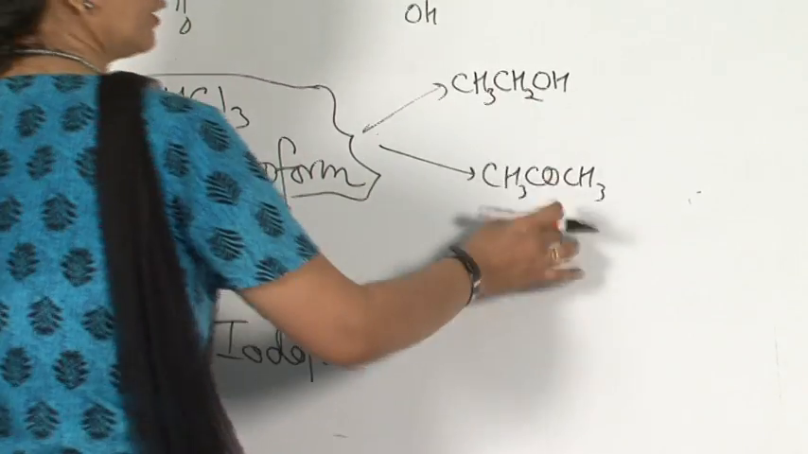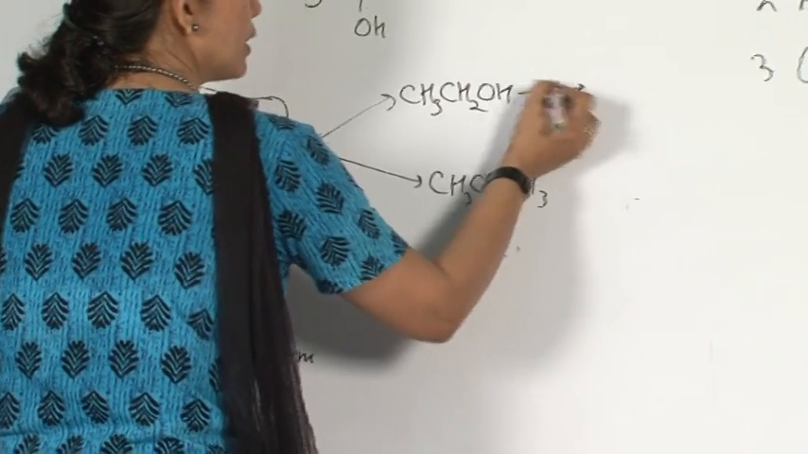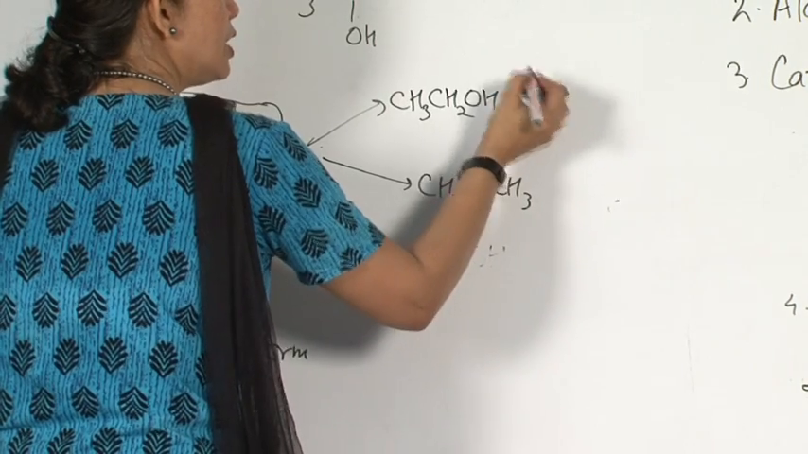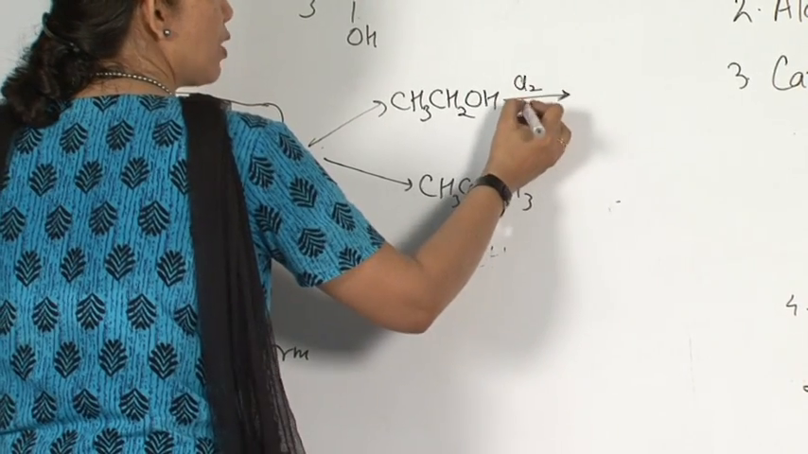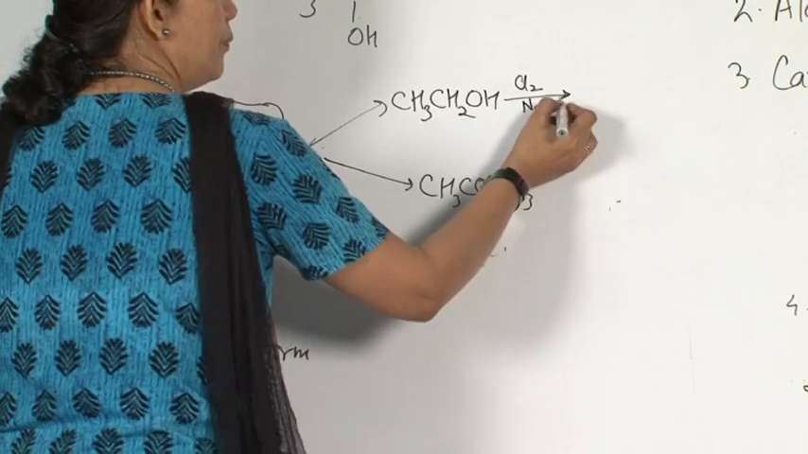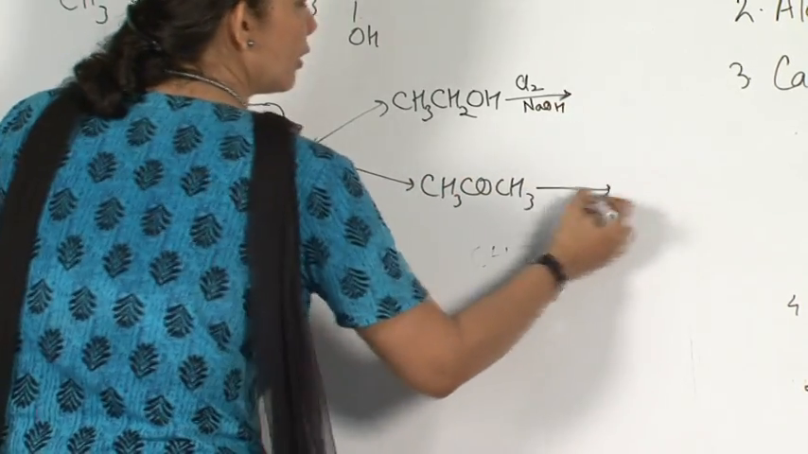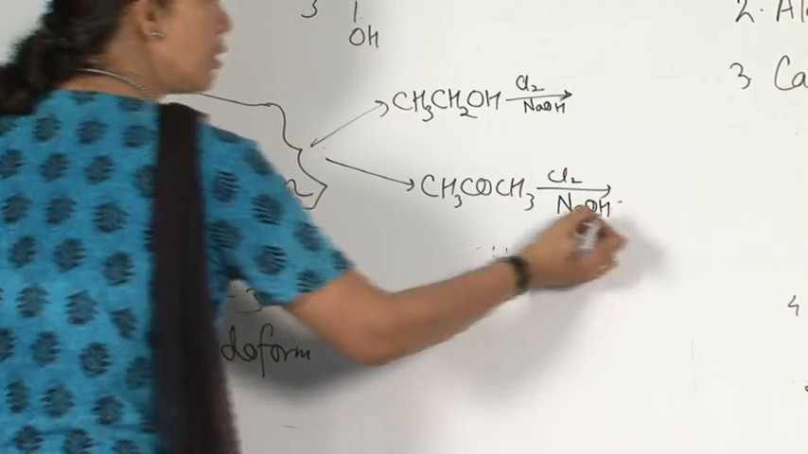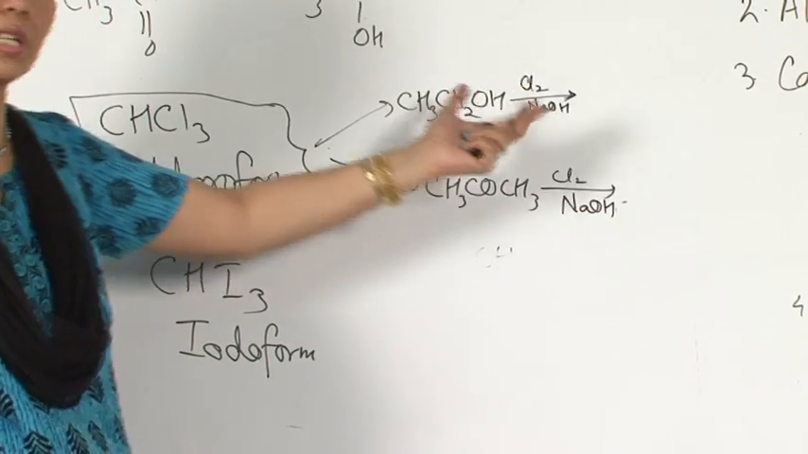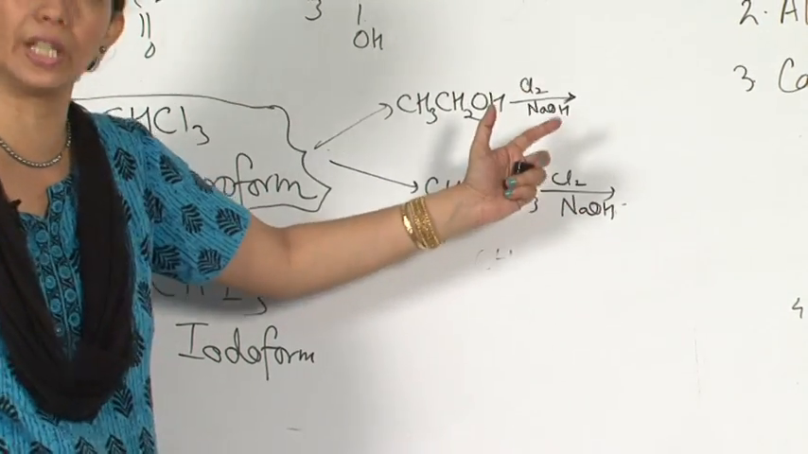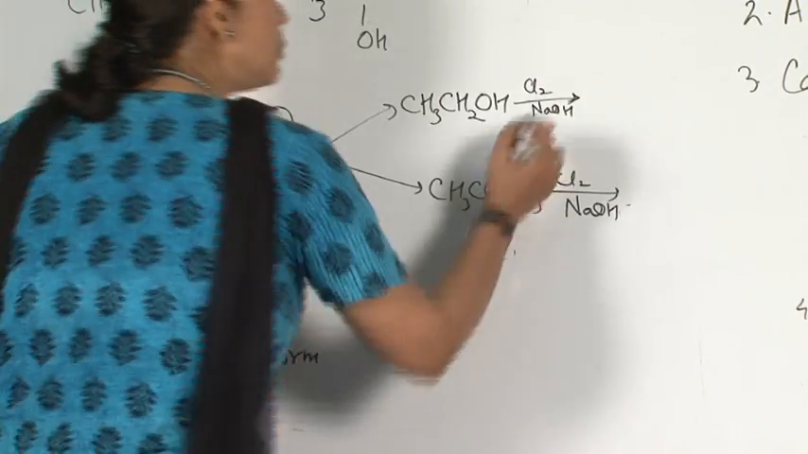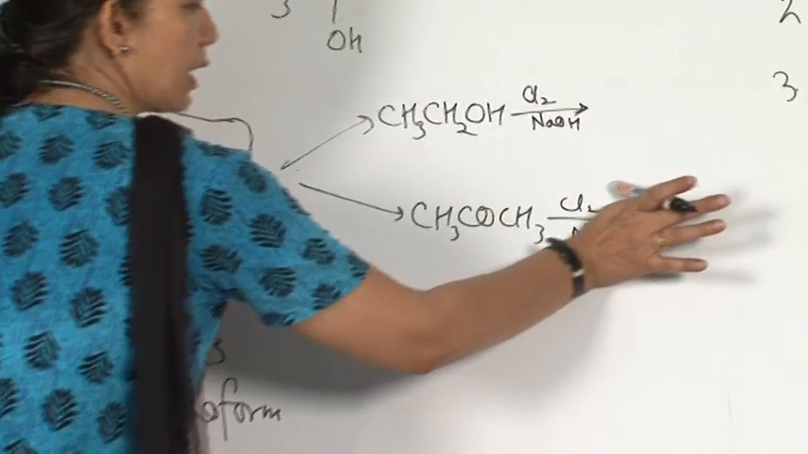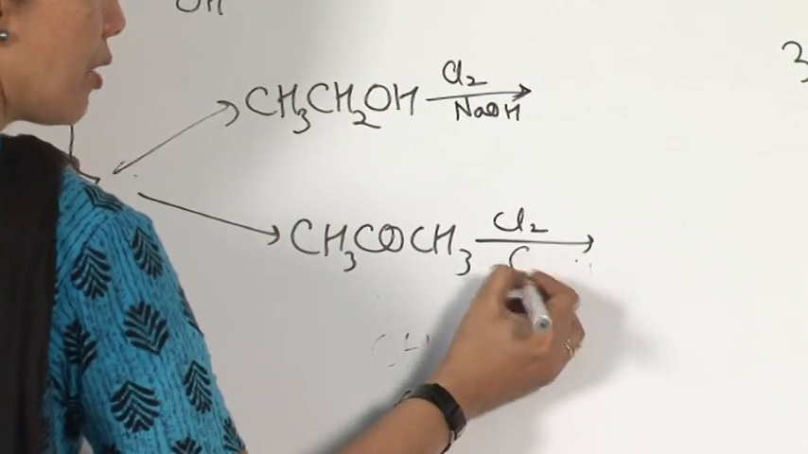Now ethanol and ketone, when they react with Cl2 followed by hydrolysis with NaOH, or the ketone with Cl2 and NaOH hydrolysis. Now it is not necessary that the hydrolysis has to always be done with NaOH. The hydrolysis can also be done with calcium hydroxide. Let me just put here calcium hydroxide,